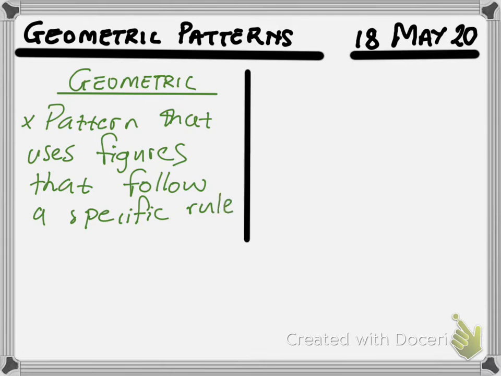Sorry for my writing. All right. So a geometric pattern is a pattern that uses figures that follow a specific rule. As I said before, those figures can be shapes, can be objects, or can be anything, even letters. All right. Now let's define